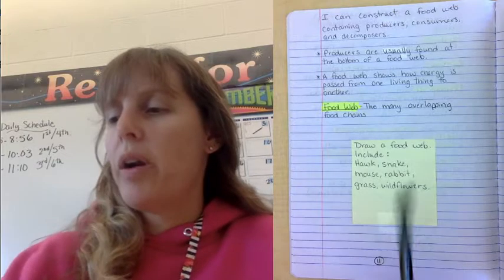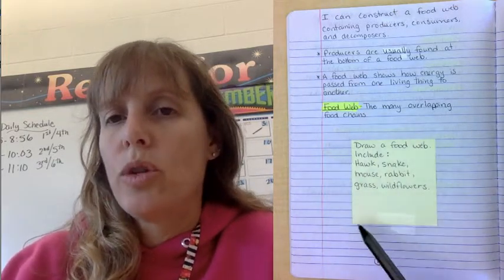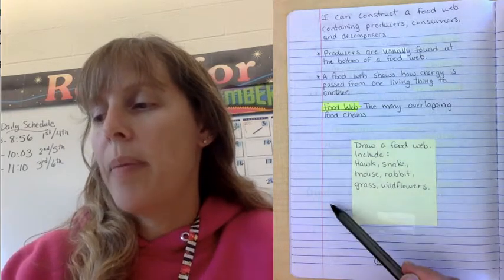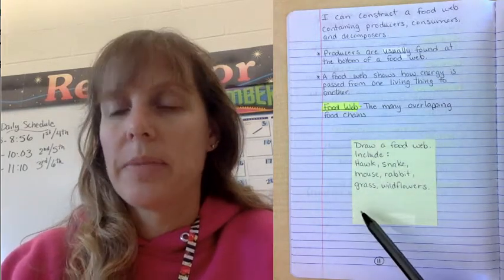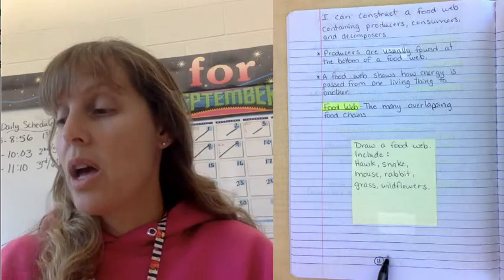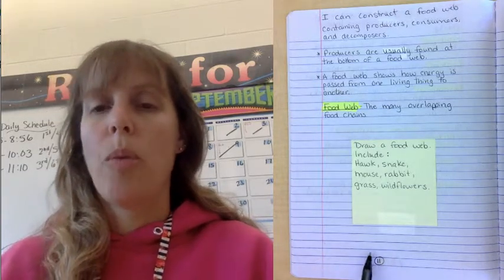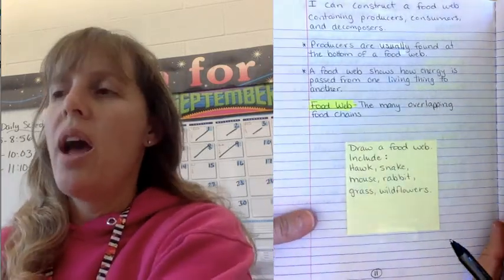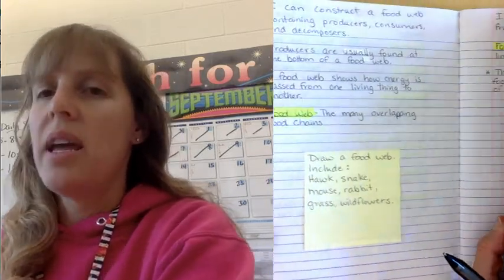In this part of your notebook today, I would like you to draw a food web. I would like you to include a hawk, a snake, a mouse, a rabbit, grass, and wildflowers. All right, don't forget to number your page. This is notebook page 11. If you want another example, you can go ahead and check our resources in Schoology, and you can see another picture of